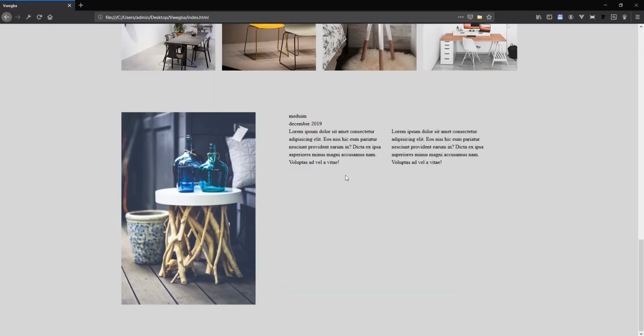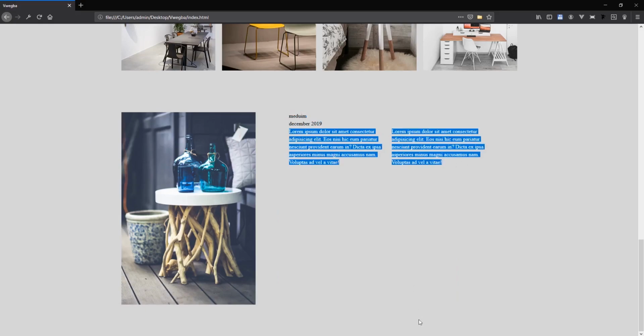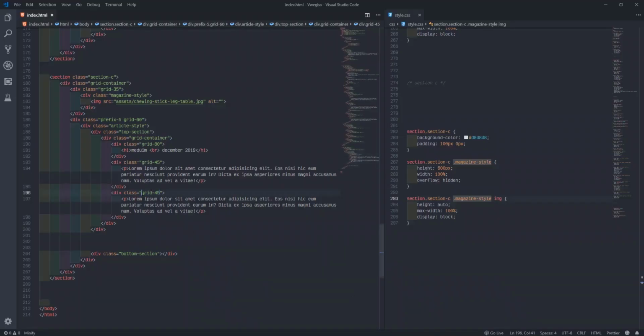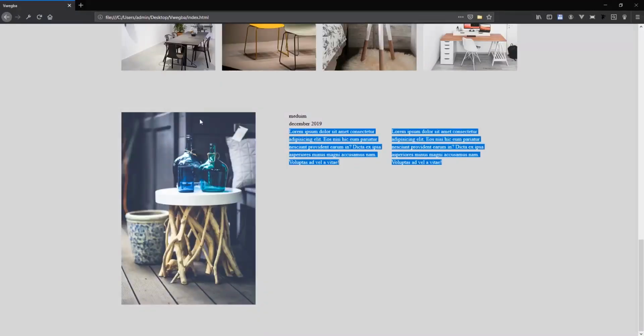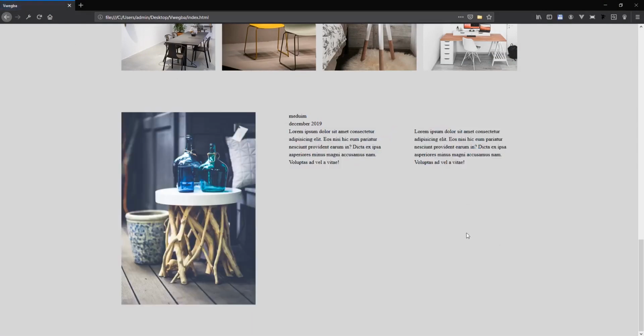Now for us to style now. So we'll get Medium December 2019, then we'll get these guys like this now. In fact, the 45, let me prefix them now so that it will shift a bit aside. So I'll come in, I'll just say prefix 10. So I'll go back to my browser, refresh, let me see. All right, I like it like this.